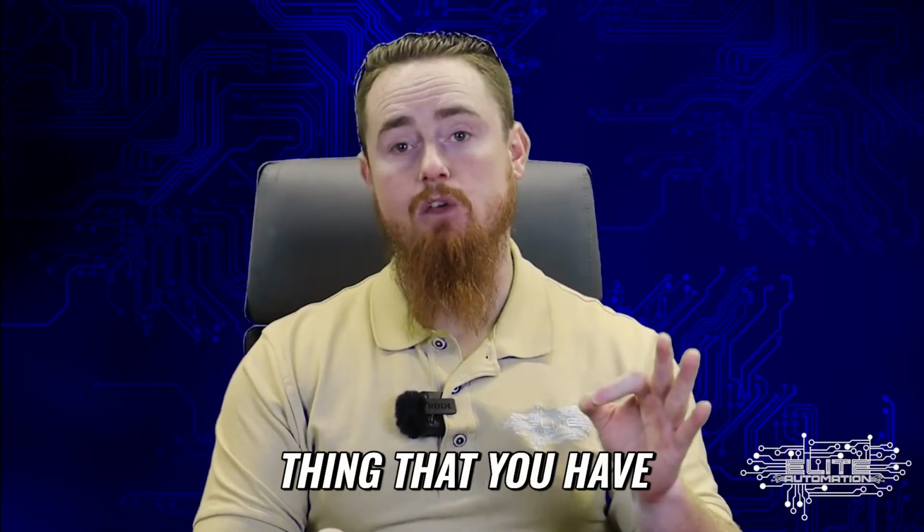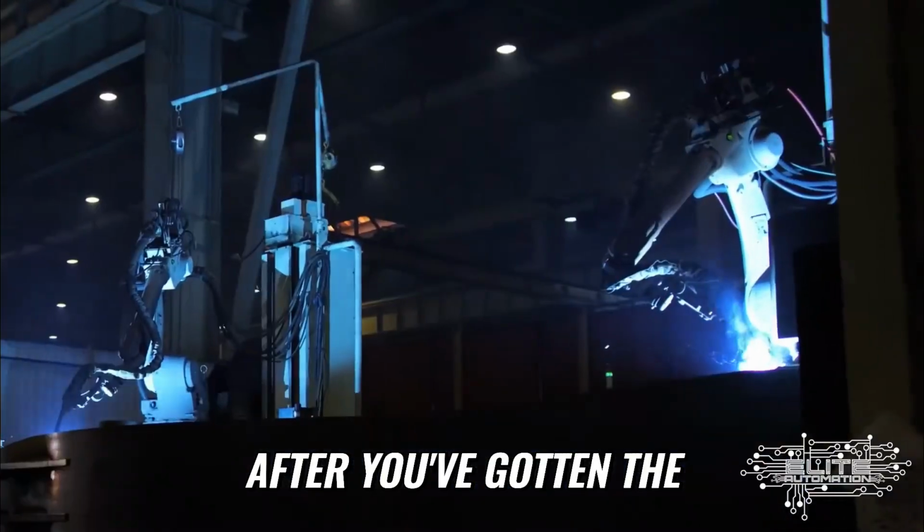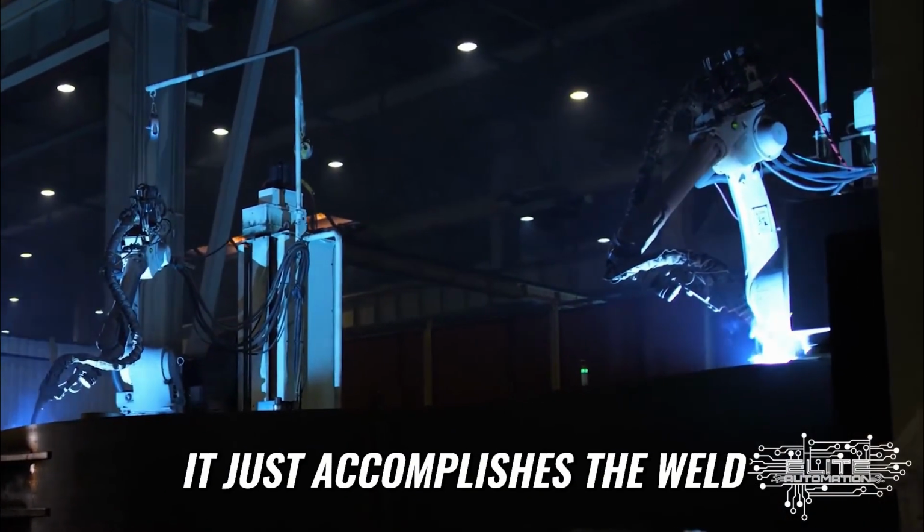But then the next thing that you have is going back to how the robot is so consistent. After you've gotten the robot doing a weld, right, it just accomplishes the weld